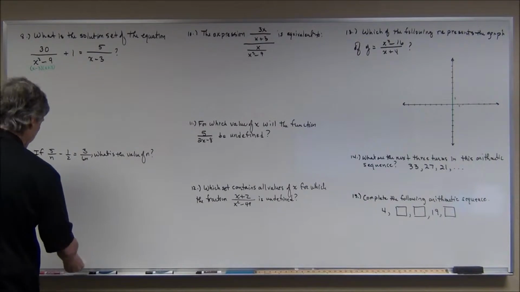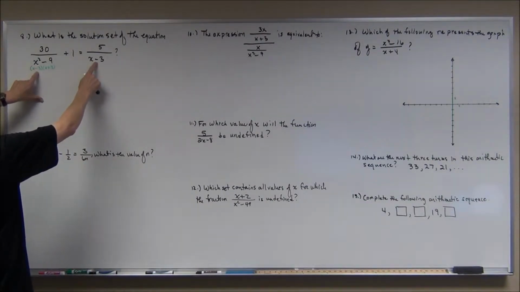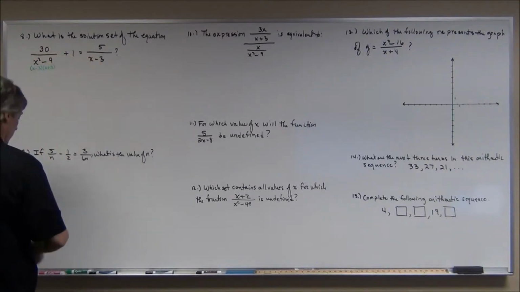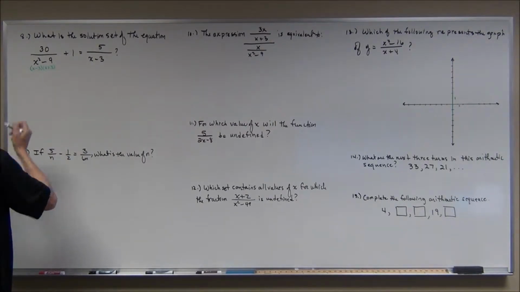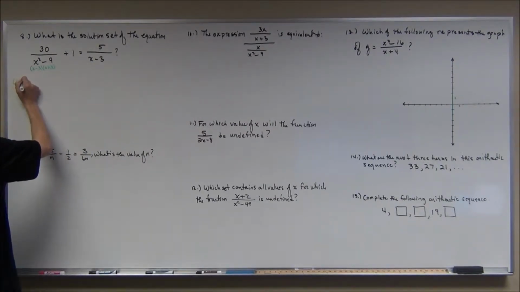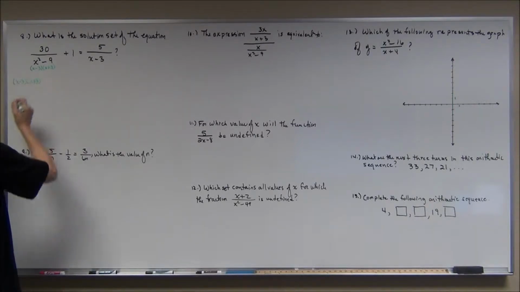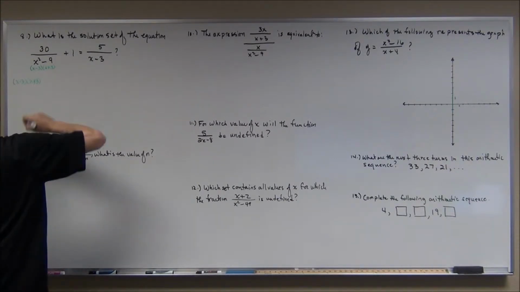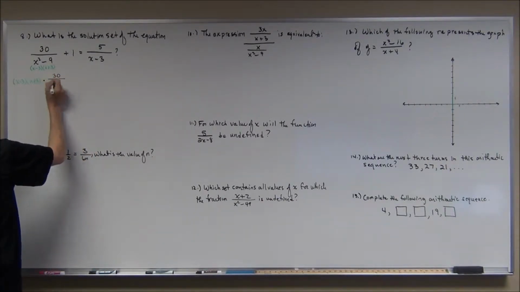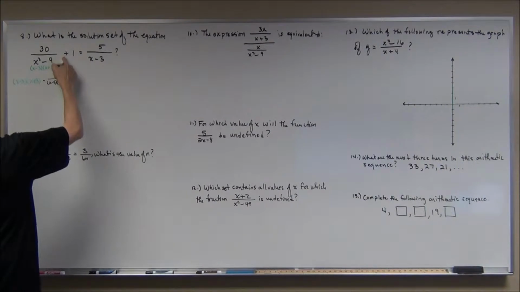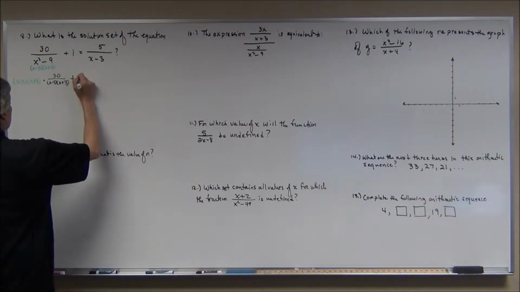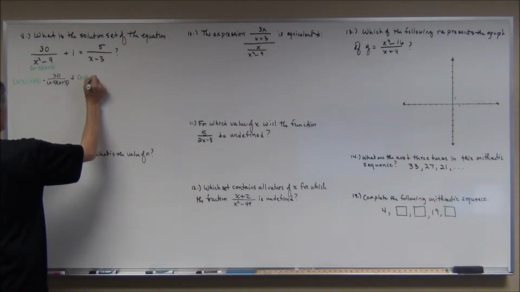So I am going to multiply by the least common denominator. I'm going to multiply every term on both sides by this common denominator. I'm going to write it in green here to really emphasize: x minus 3 times x plus 3. This is going to be times this. So that's times 30, and I'm going to write this in factored form, x minus 3, x plus 3. Hopefully I'm not writing too small. Plus, and then I'm distributing, so I'm just going to multiply it times the 1. So this is x minus 3, x plus 3 times